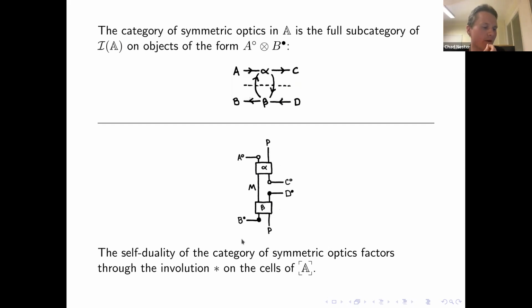And I'm not going to go into this here. There's, in the original paper on symmetric lenses, because a symmetric optic is something I'd like to introduce using this, this is what a symmetric optic is. The main result about symmetric lenses that makes them symmetric is that they form a category, and that category is self-dual. And here too, we get that if I have a symmetric optic represented by alpha and beta,